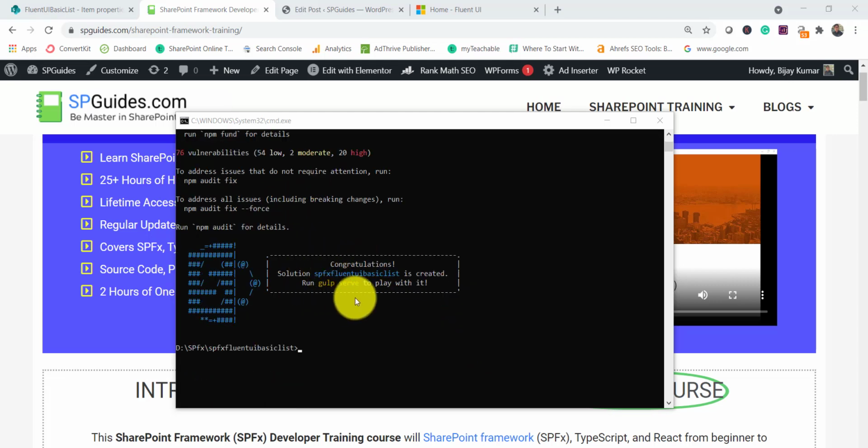So next thing we require here is we need to install Fluent UI React and then PnP, because we are using PnP to get the data or the items from this particular list. So I'll put these commands over here.